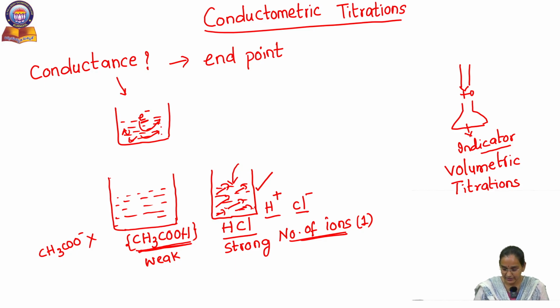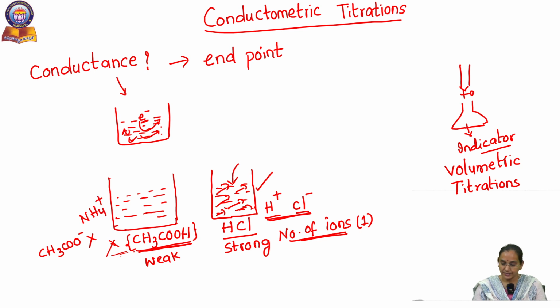For a weak acid like acetic acid, it doesn't exist as ions, so it doesn't have conductance. Consider another acid like HCl, it has ions, so it has high conductance because it depends on the number of ions. Now if we add some other ions to acetic acid, like sodium or ammonium,